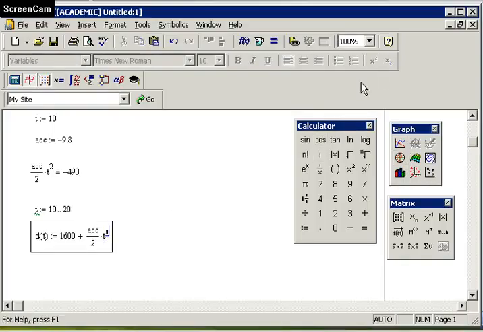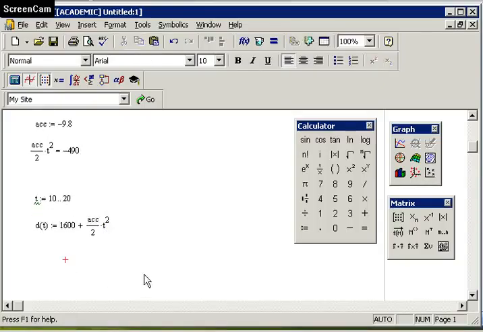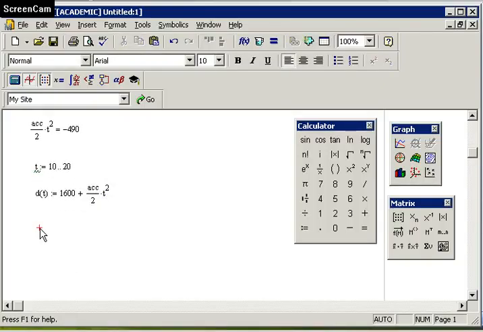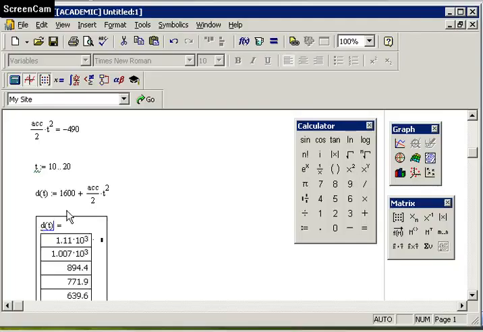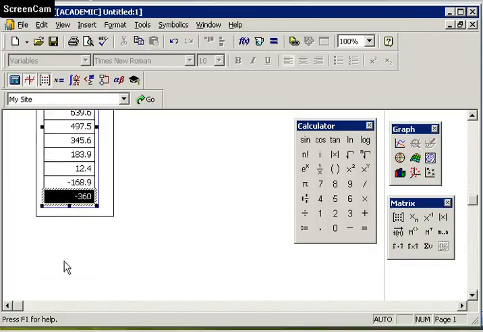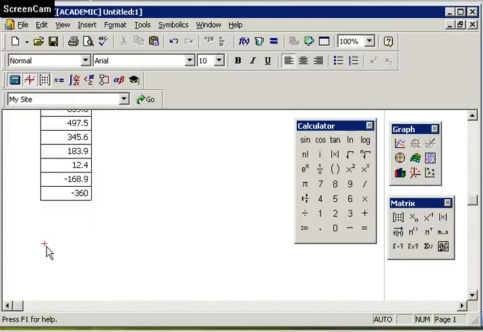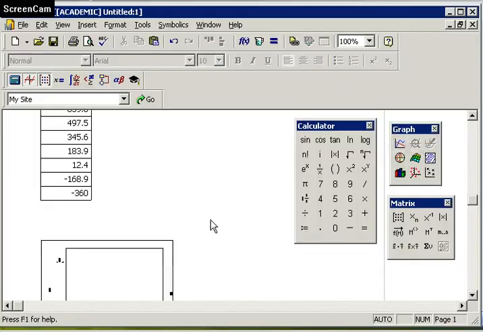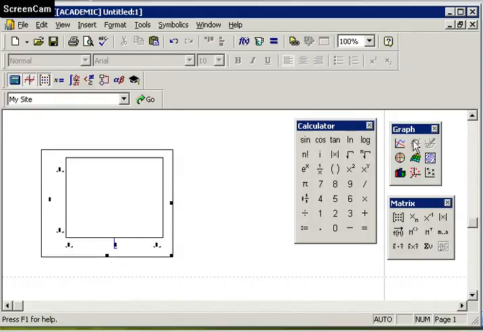So here I've just defined a new function, and then I can go and evaluate that function by entering the equal sign, which will trigger Mathcad again to compute not only one variable, but the values for each of these variables from 10 all the way to 20. I can then use that and graph this up. So I simply clicked on my XY plot here on my graph toolbar, enter my values,